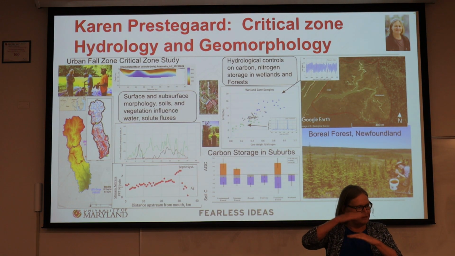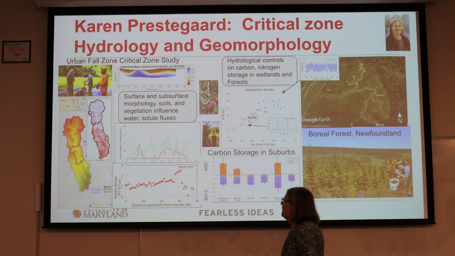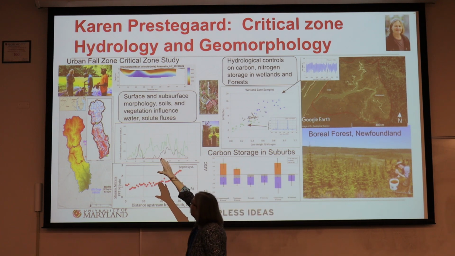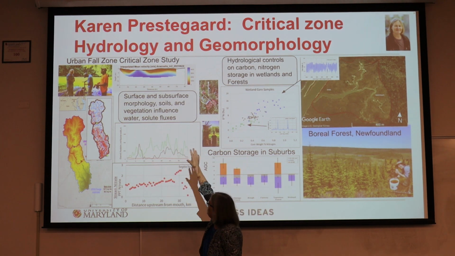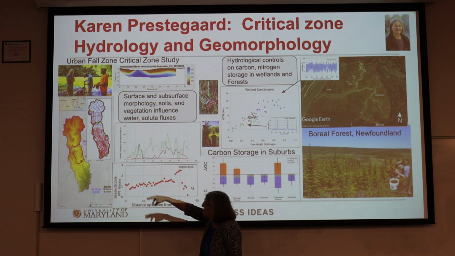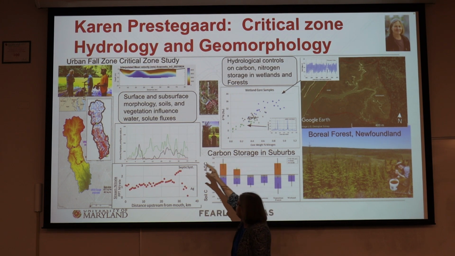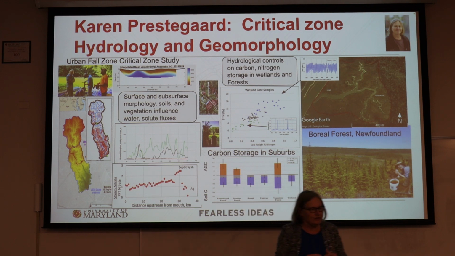So you might think that depending upon the time scale, what the critical zone is would probably change over time as well. But we're going to ignore that for right now. What I'm looking at is how the surface and subsurface morphology, the soils, the arrangement of the topography of the watershed are influencing things like how water gets to the stream, how soils get to the stream,